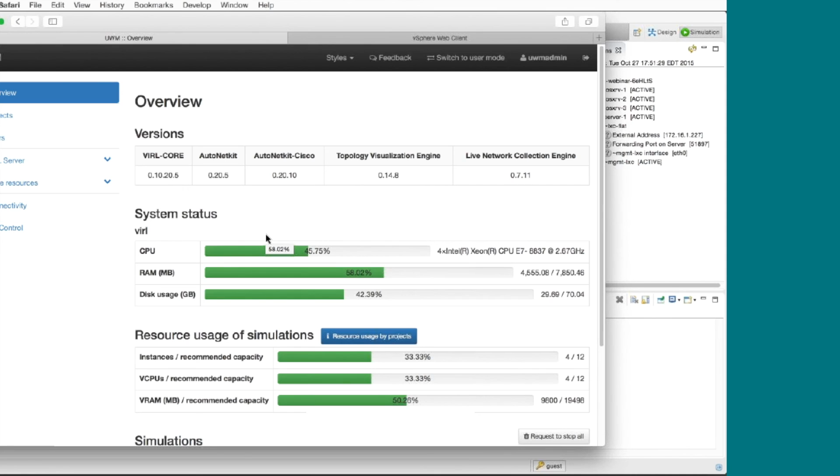So it's possible that when you boot up VIRL for the first time, you can launch a topology, run that simulation, work with it for a while, shut it down, and then come back from lunch and try to start that same exact topology again without restarting the VIRL backend, and sometimes that will fail. The reason we've seen that fail is that the initial launch was so close to your memory limit that, once you launch and come back, there's a little bit more memory pinned by the database processes or something, and that's now squeezing it just a little bit over the threshold.